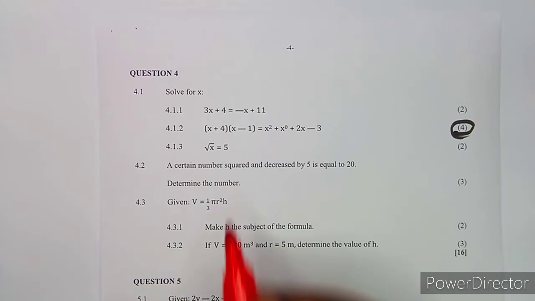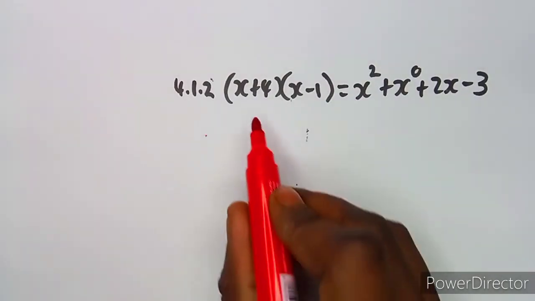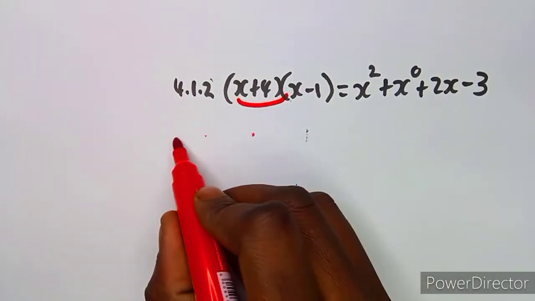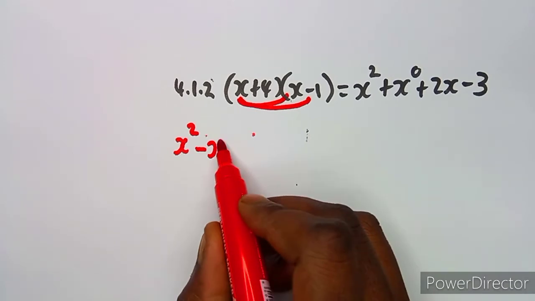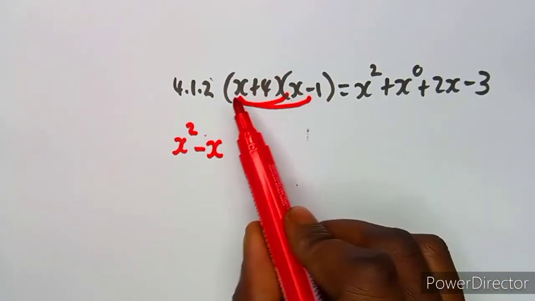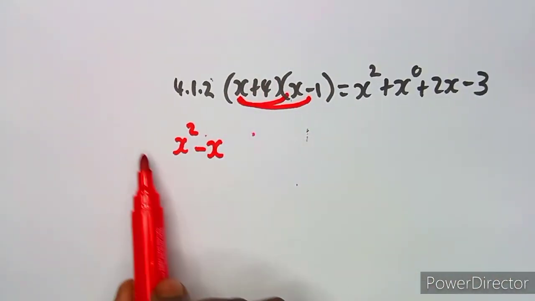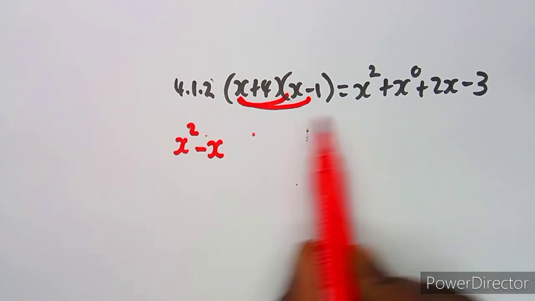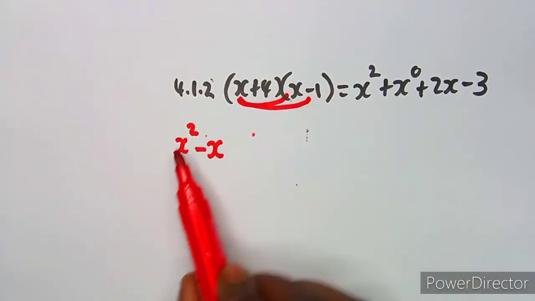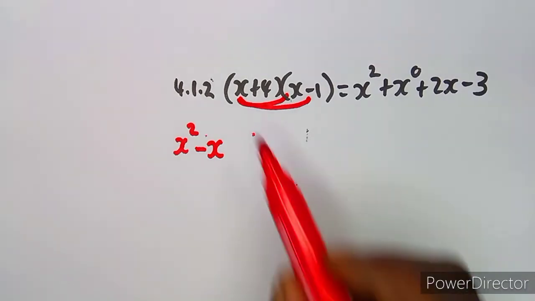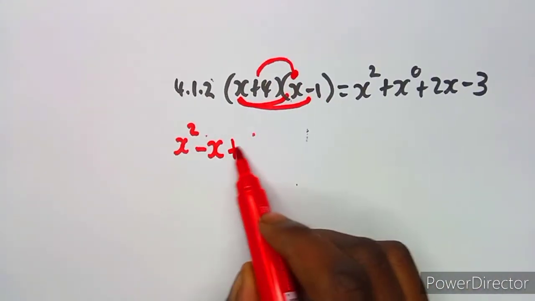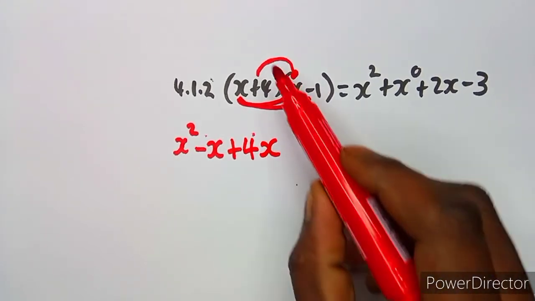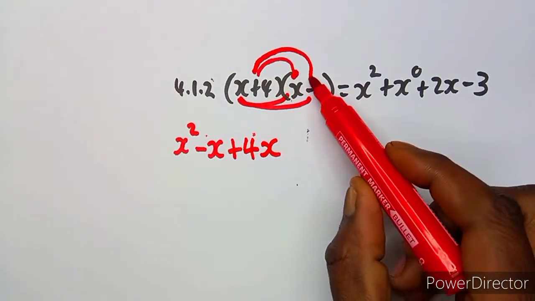Okay, so the first part, let us just expand these two brackets here. That's x and x, which is going to give us x squared, x and minus 1, which is minus x. Then we are done with this x. So when you are solving an equation, you don't write is equal to here. You just use one equal sign, which is already there. You just write your steps going like that. So you're done with x. We move on to 4. So it's 4 and x, which is plus 4x. Then you move on to plus 4 and minus 1,